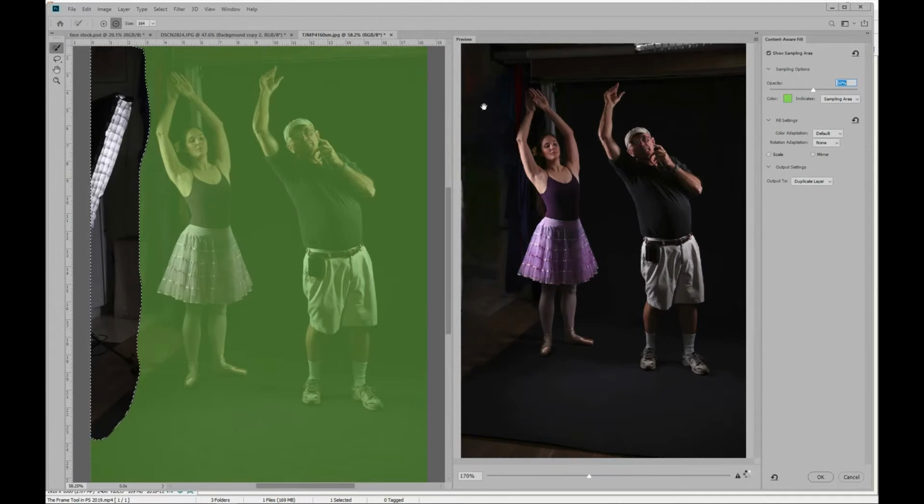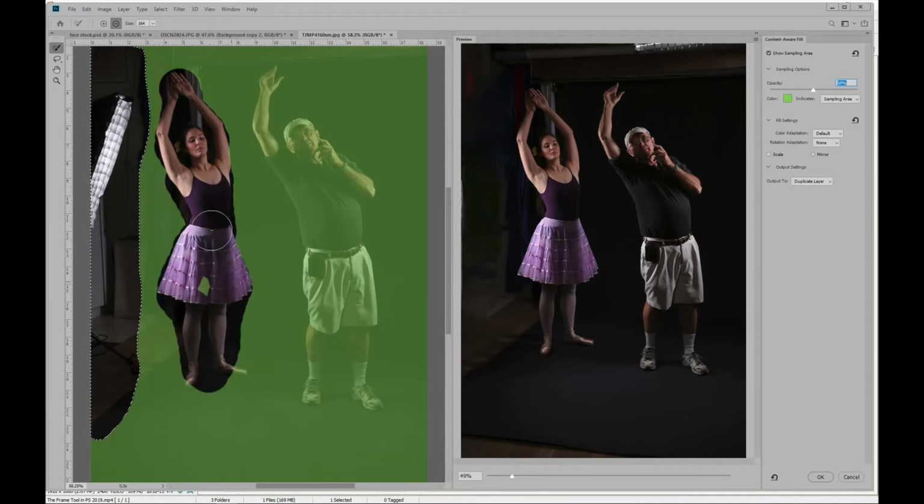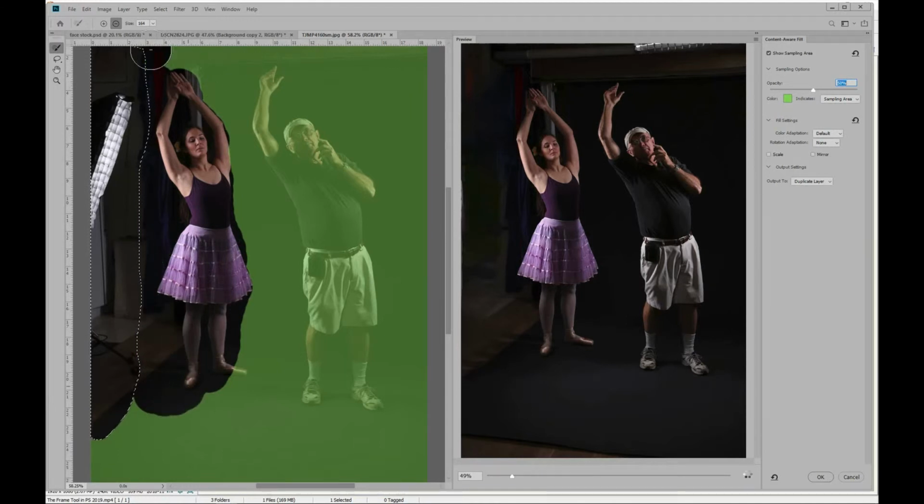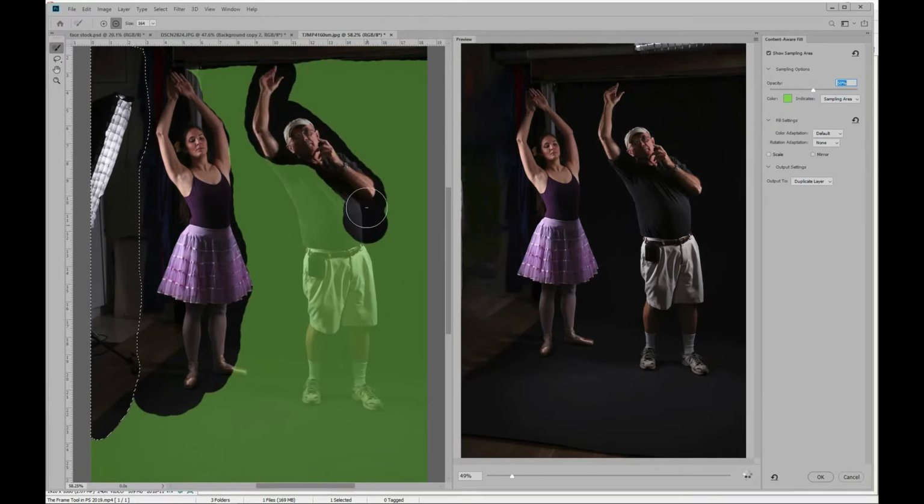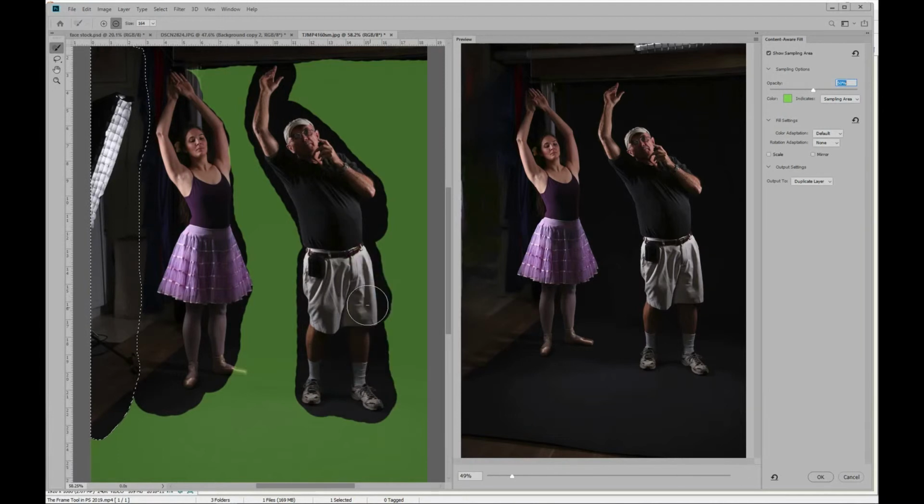It did okay. It's got the right idea, but it's not filled in right. So let's erase all of the dancer here. We don't want to use any of this. Probably don't want to use any of that. There's some ceiling stuff up here. We don't want that. We definitely don't want this dancer. So by painting with the negative, see the negative up here, painting with the negative